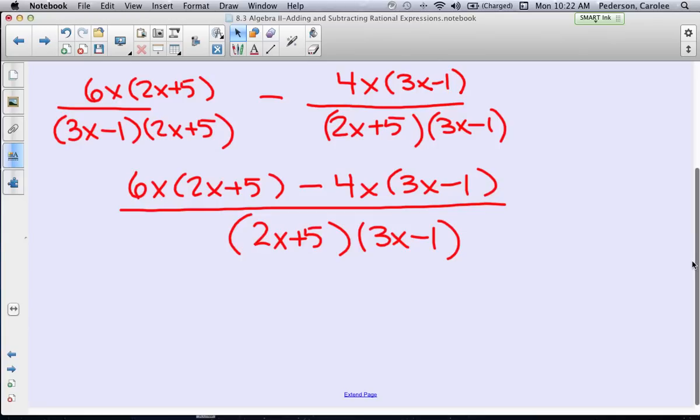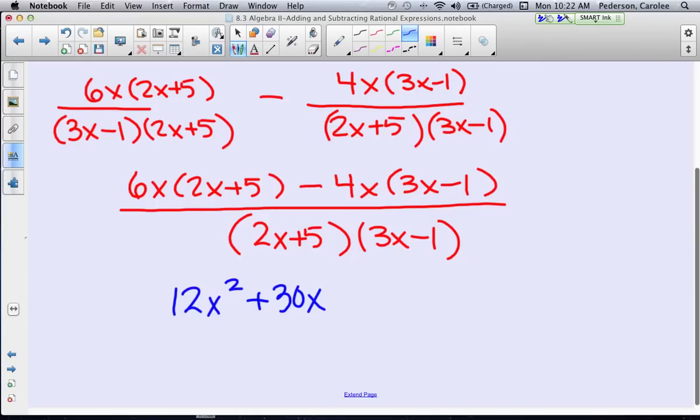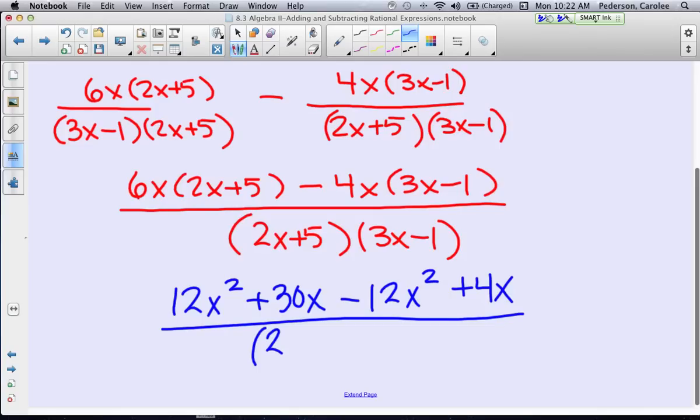So I'm going to distribute the 6x through this first parenthesis. So 6x times 2x is 12x squared. And then 6x times 5 is 30x. I'm going to distribute the negative 4x through, so I get negative 12x squared, and then plus 4x over that LCD of 2x plus 5